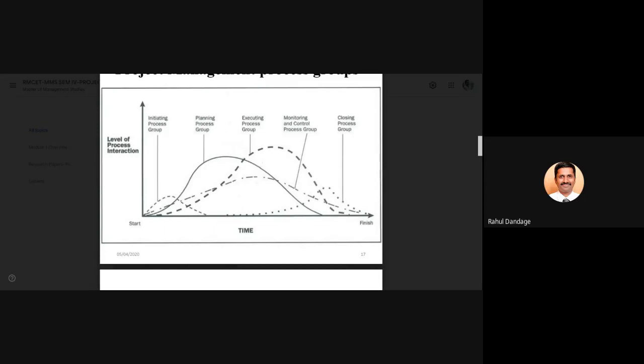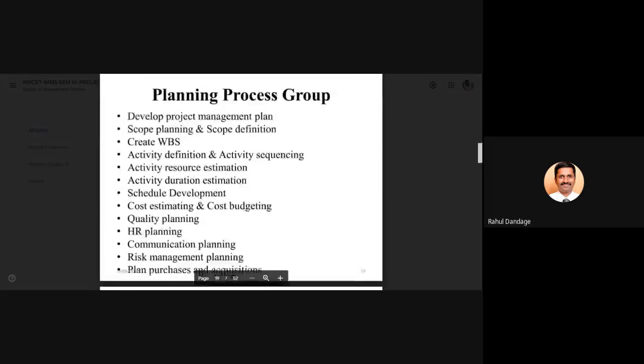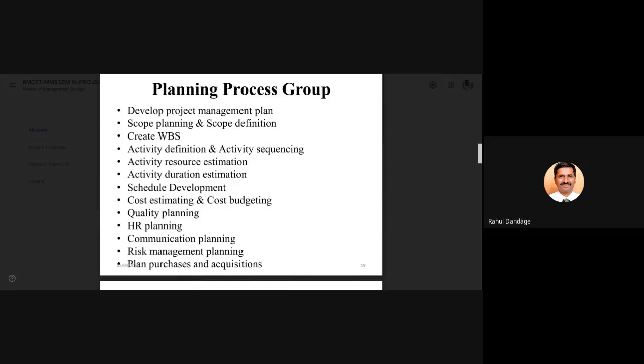So which are these activities? Develop project management plan, then planning the scope, defining the scope, creating the work breakdown structure, defining the various activities, sequencing the activities, estimating the resources for individual activities, also trying to estimate the duration, the time required to complete the activity, developing